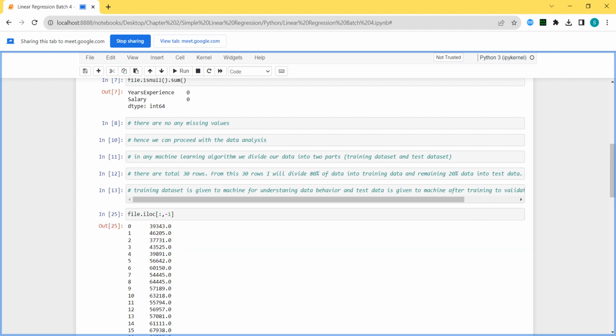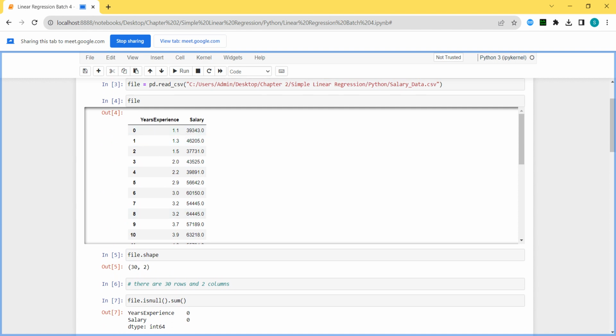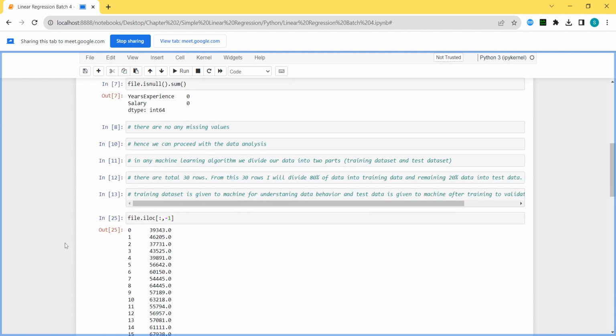What do you mean by minus 1? Sir, previously this was my 0, 1, 2, 3, 4, counting from the left hand side. Instead of the left hand side, we will count from the right hand side. This is my minus 1, minus 2, minus 3, minus 4, minus 5, like this. Okay, so you got it.